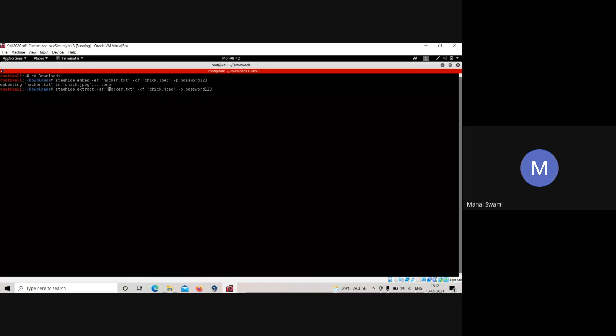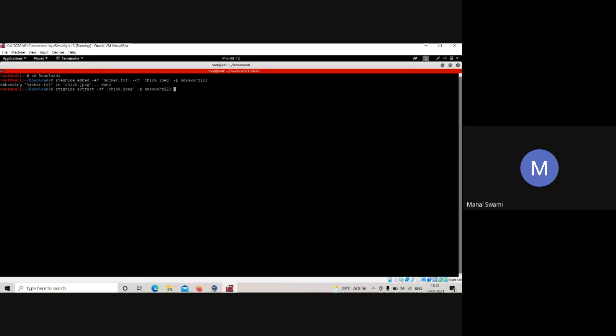Over here you need to know the password, and you'll have to create another file. I'll put this, and you'll remove this particular thing also. I just want to get the data out of this particular file, and the password is this, because I already know the password.